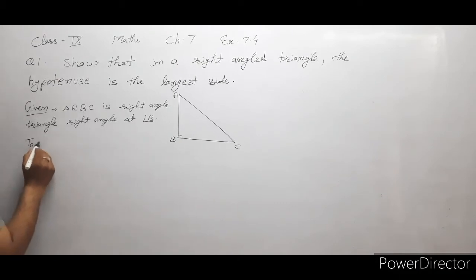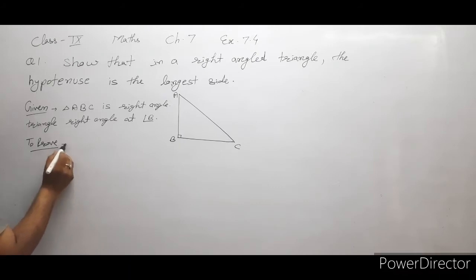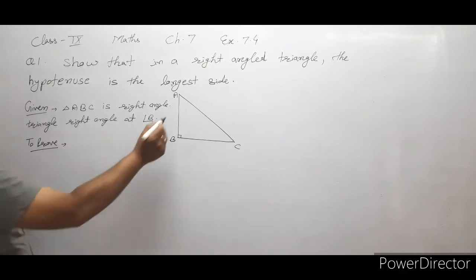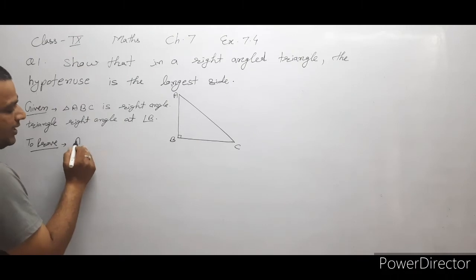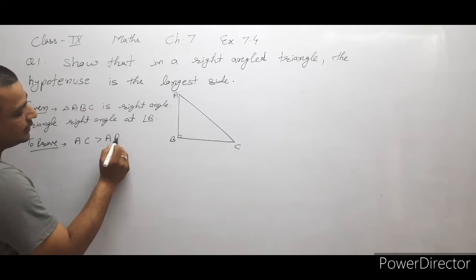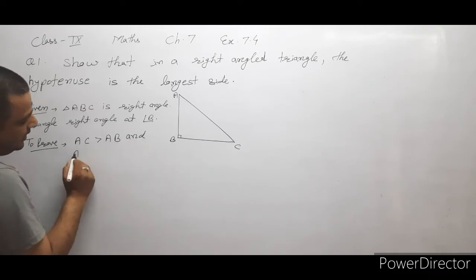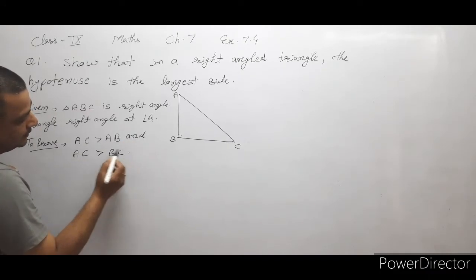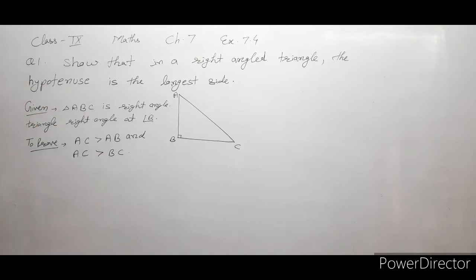To prove: we have to prove that the hypotenuse, AC, is the longest side. Longest side means AC is greater than AB and AC is greater than BC. Hypotenuse is the greatest side in the right angle triangle. That means hypotenuse AC is greater than AB and AC is greater than BC also. To prove that, solution or proof,